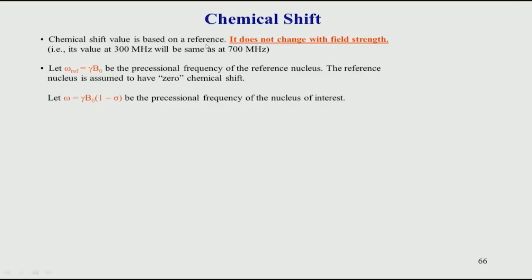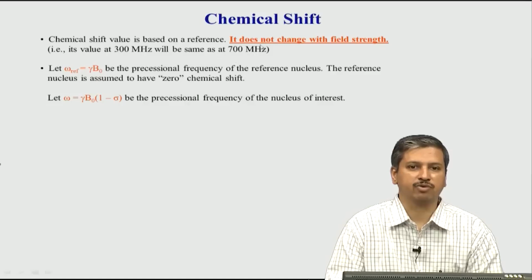The reference is used because if I record an NMR spectrum on a particular spectrometer, let us say a 300 megahertz in my laboratory, and I take the same molecule to 700 megahertz in some other laboratory, then I should not get a change in chemical shift. Chemical shift is inherently related to the structure of the molecule, and if the structure cannot change, then chemical shift should also not change. So, to preserve this uniformity of chemical shift, we use a reference, and always with respect to the reference,